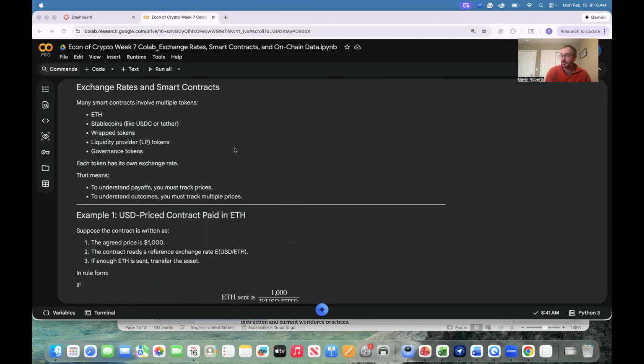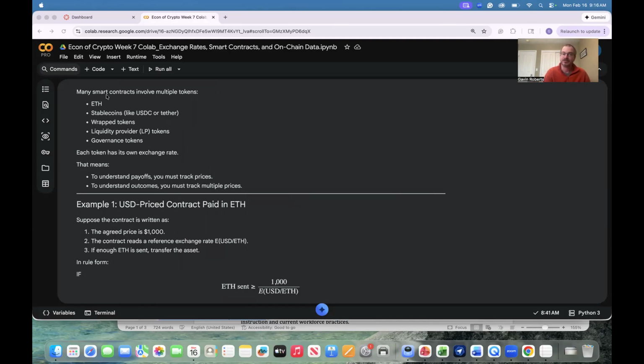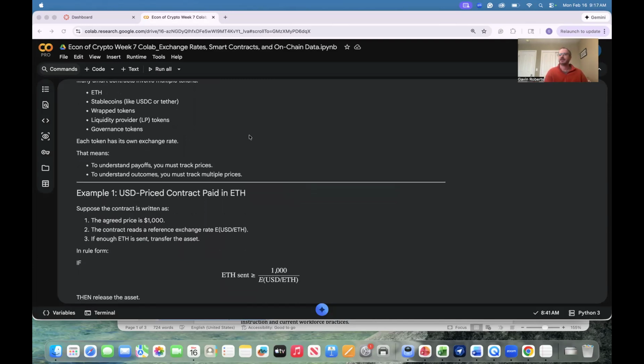So we started with exchange rates because those are important to know about. Dimensional analysis is important to know about. Many smart contracts would imply the existence of underlying exchange rates, or would depend on underlying exchange rates. So many smart contracts involve multiple tokens. Many of them are on Ethereum, because the Ethereum blockchain is definitely the most popular blockchain for things like smart contracts. It's probably the second biggest blockchain after Bitcoin, and really growing, because a lot of different businesses are looking into how they can use this smart contract functionality.